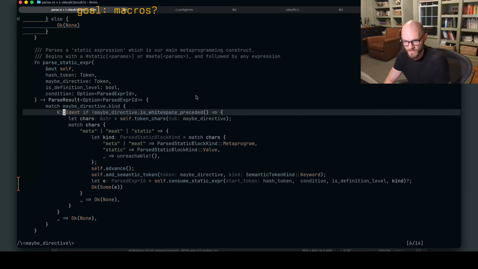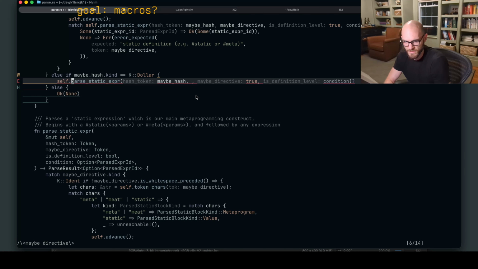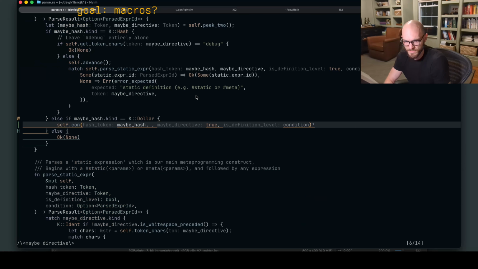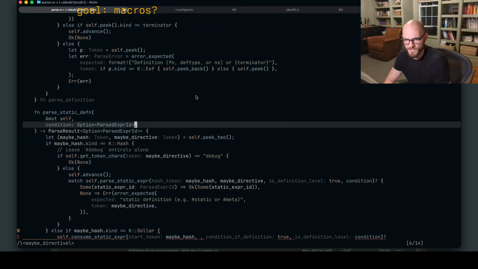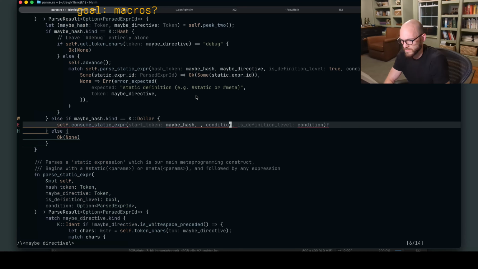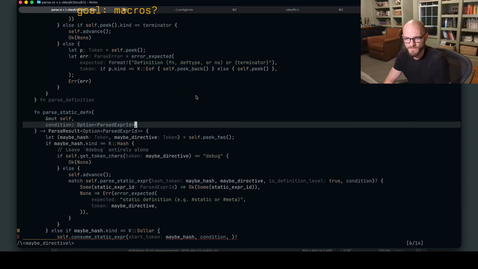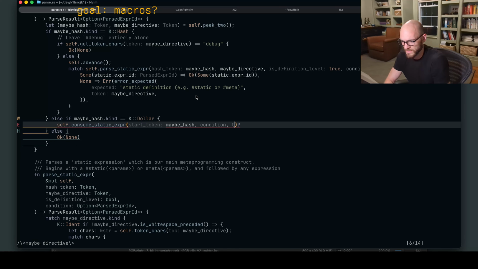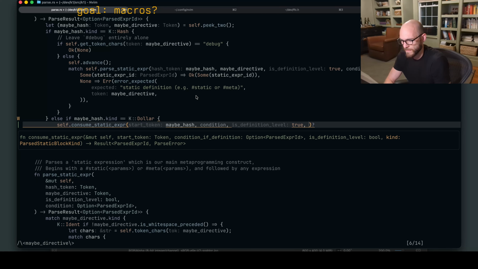Oh, it's the wrong one. Consume static expr. It's like the whole point. We have the start token, condition if definition, which we have. Whoops. Is definition level. Is it? It is, because this is parse static defin.